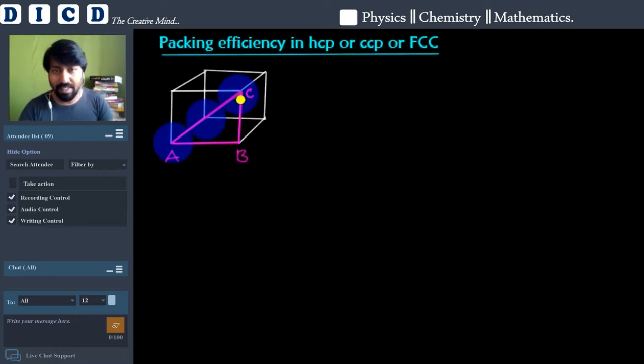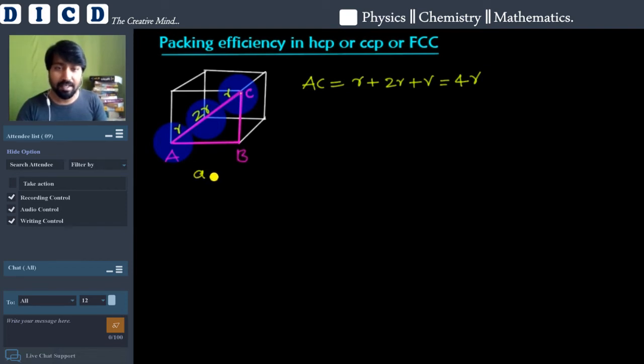If you look at this diagram, you will find that this is the first atom, this is the face atom, and this is the third atom that is present at the corner. Now, if the radius of the atom is r, and all the atoms have similar radius, then the distance between this point and this point is 2r, that's the diameter, and the distance from this center up to this atom is r. That is AC, which is given by r plus 2r plus r, equal to 4r. The entire length of AC is 4r.